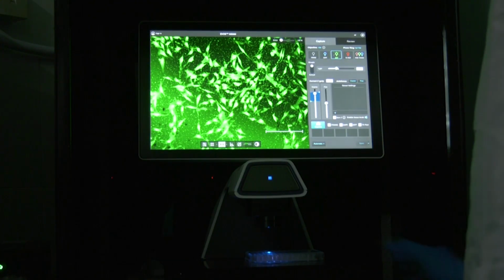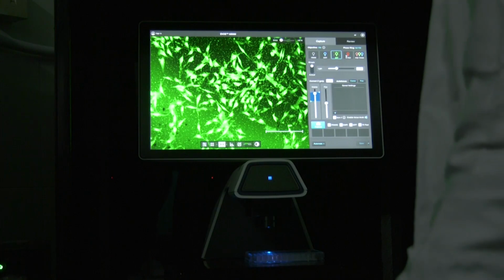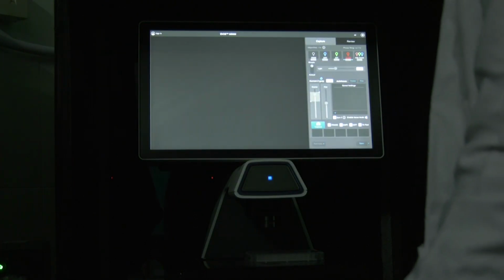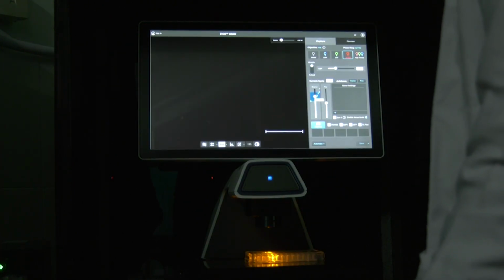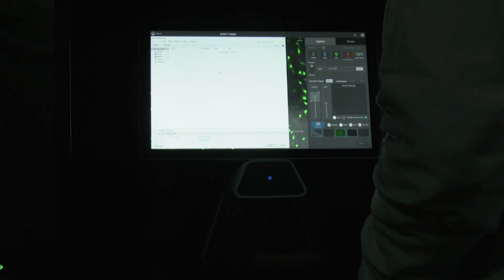In the test wells, we observe bright green fluorescence indicating early apoptosis, which suggests that the test material has the potential to induce apoptosis. We will save these images as well. We will repeat this process for the other two test wells.